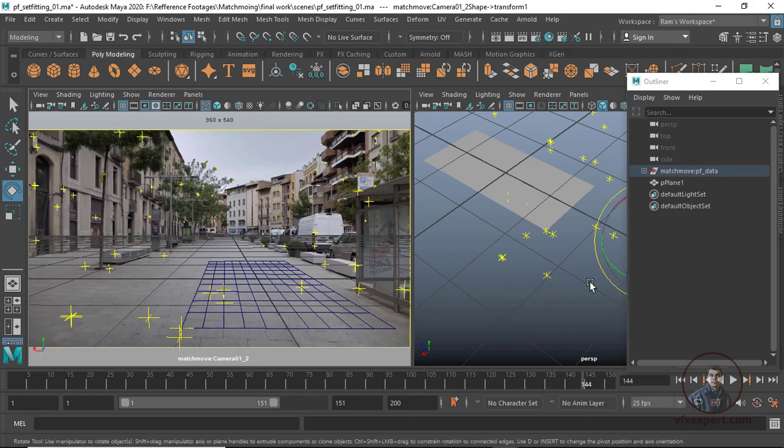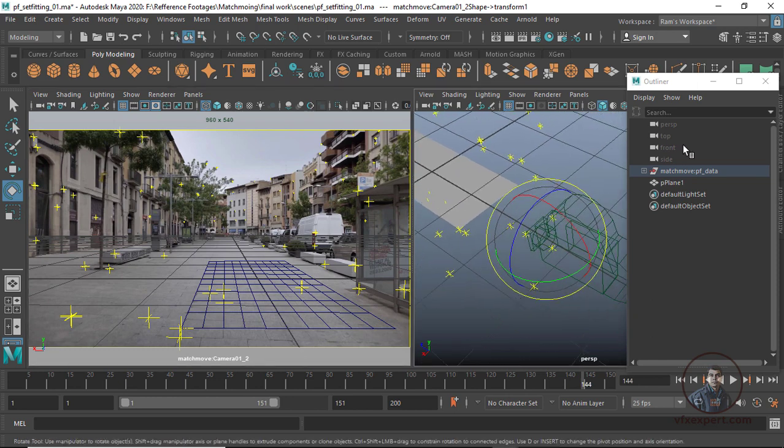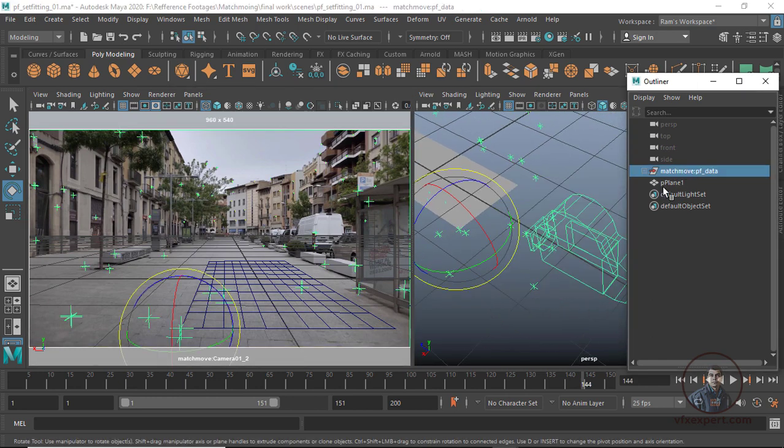I think we have to adjust a little bit. Now just adjust a little. So just again select your scene group. This is important, you have to select your scene group. Now from here you can adjust your scene rotations, or you can adjust your scene orientation.